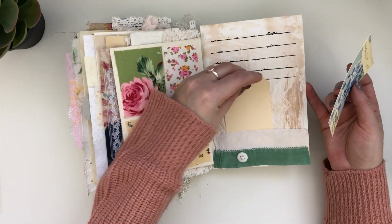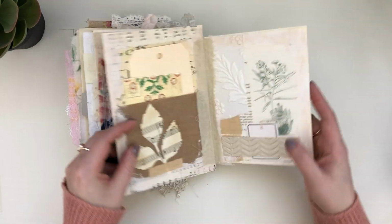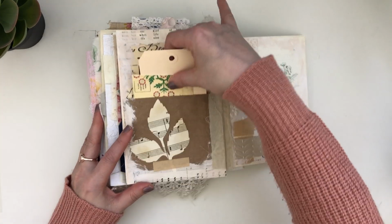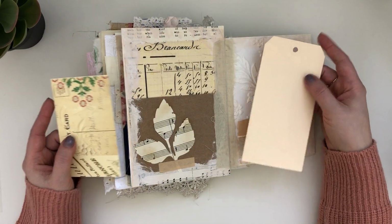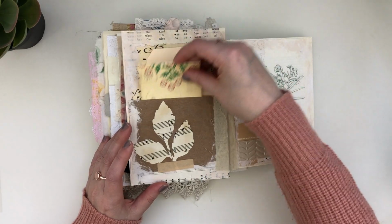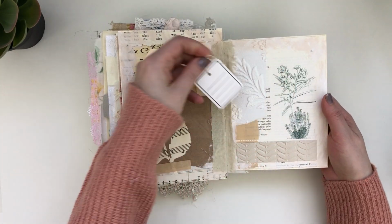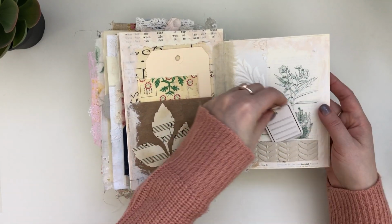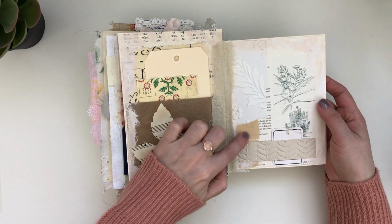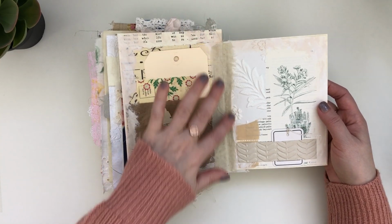Okay, so a little fabric pocket here again with a hand stitched button. And then the back here has another pocket with just some additional elements. And the back here again, lots of different layering. Pocket, this is from Janine's shop at J9 Scraps. This little piece again here is from that piano paper roll, which like I said, I hoard more of that beautiful